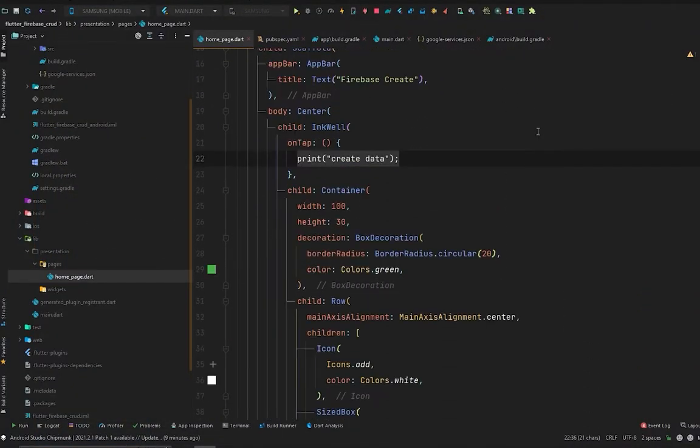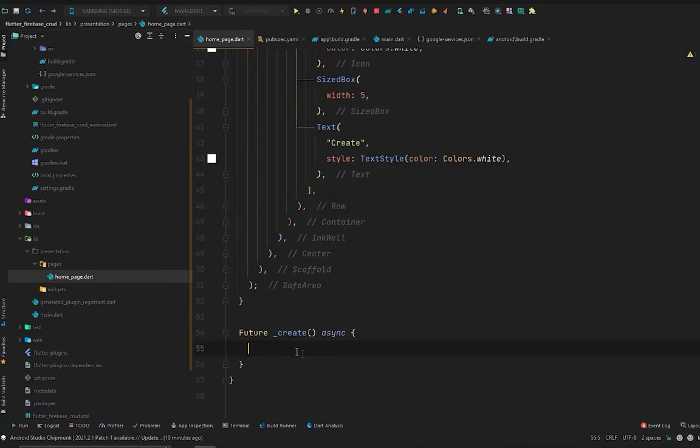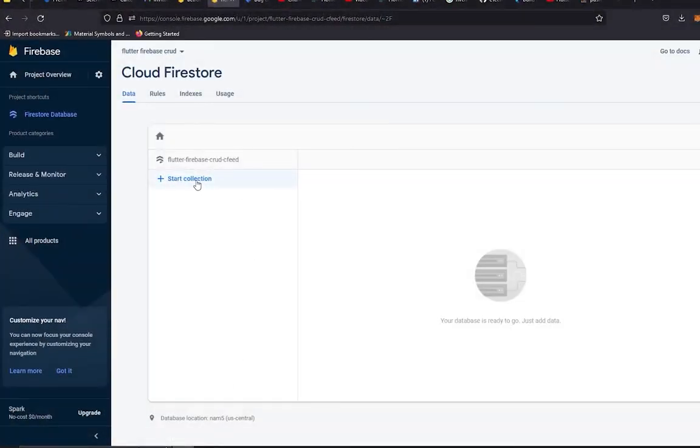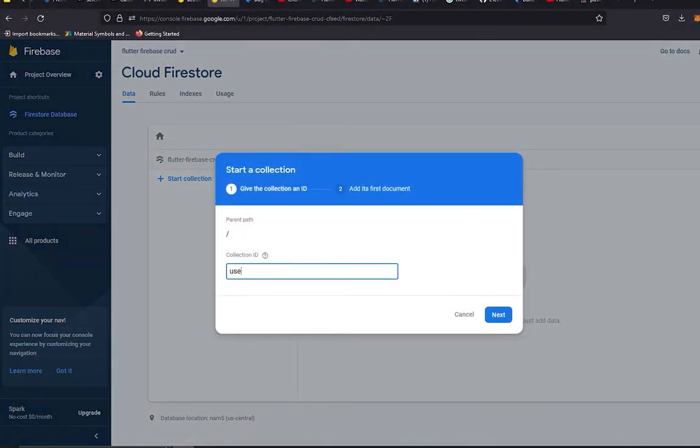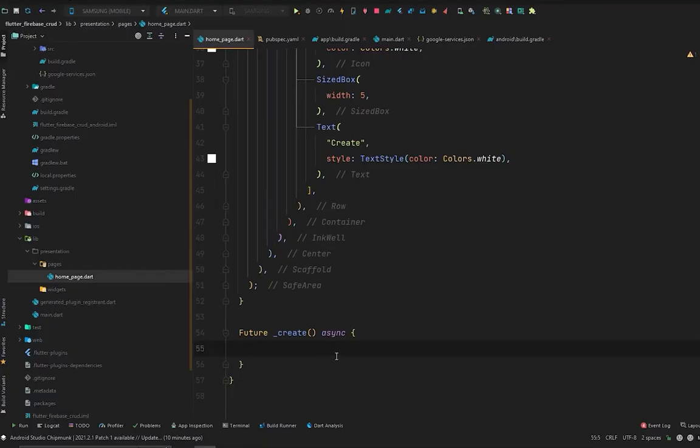So let's do it. Here we will call a function which will be create. This function will be a future, and inside this we are going to access the user collection, like to create the users collection as we did inside here. So we are going to do it from the code. From the code it will be something like this: final userCollection equals the FirebaseFirestore instance, collection users. So first we have access to the user collection, and now